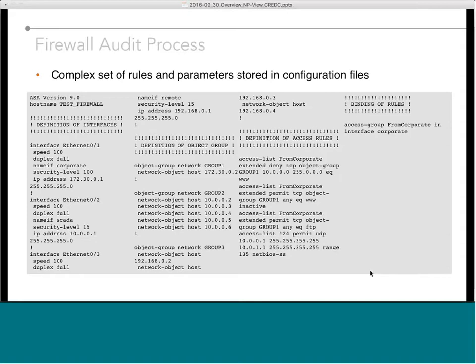These slides just show you an example of a very small Cisco ASA config file in which the firewall has a definition for each of the network interfaces. So we have 3 of them defined on the left. Then definitions of object groups, which are groups of IP addresses or groups of services. And then definitions of access rules, which are the rules that are allowing or denying traffic between interfaces and across